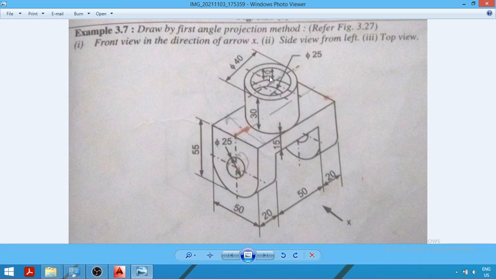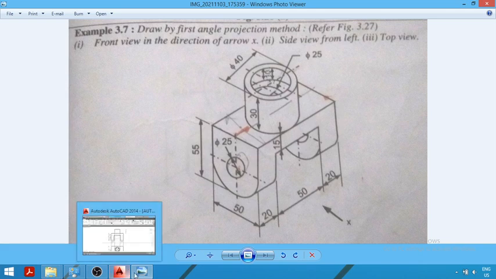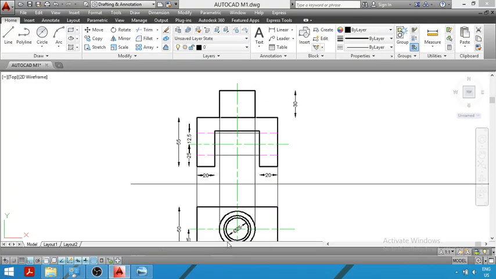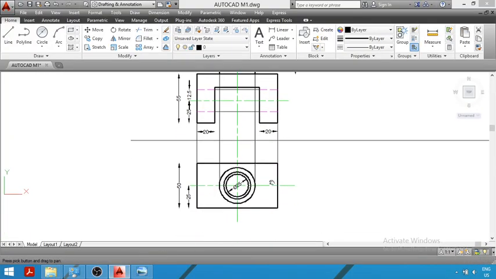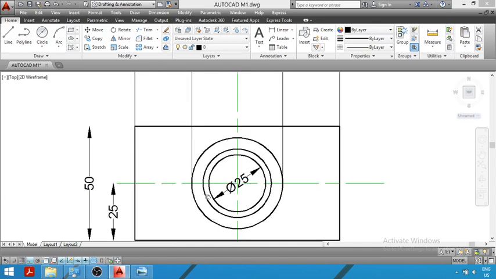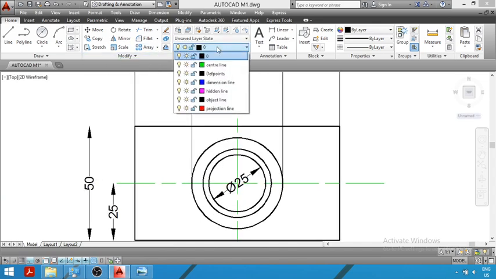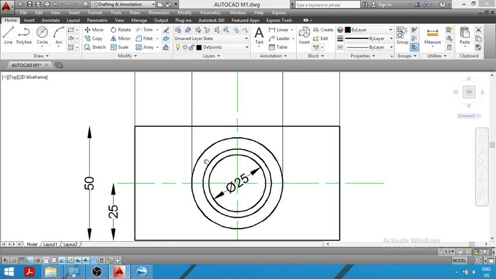Now the upper hole is having a height of 10 mm. You can see the upper hole is having a height of 10 mm. So for drawing the front view of the upper hole, what do we have to do? We will project the diameter of the upper hole. The upper hole is represented by the second circle of diameter 30 mm.